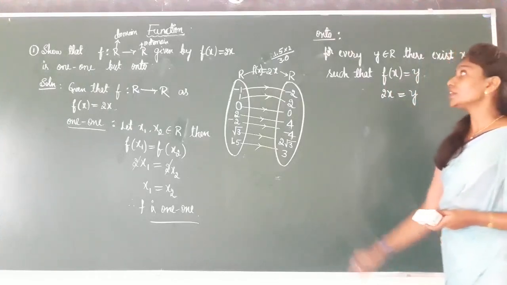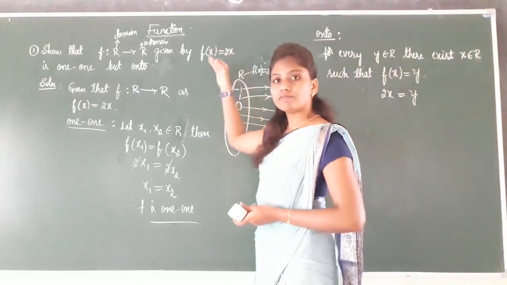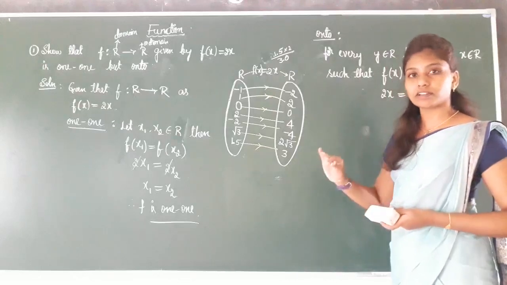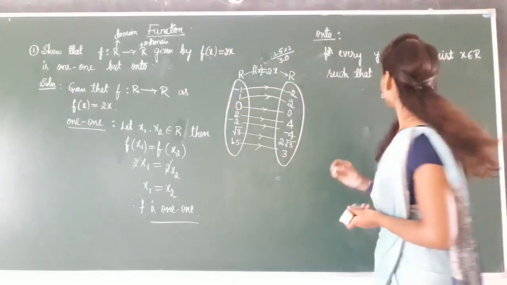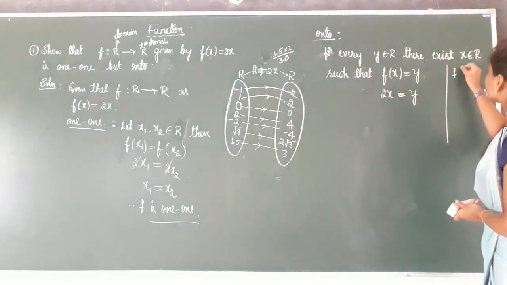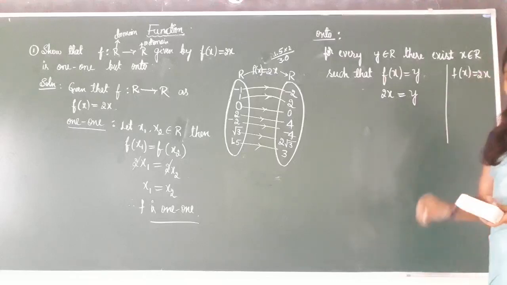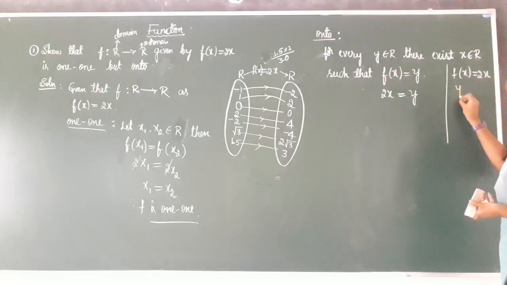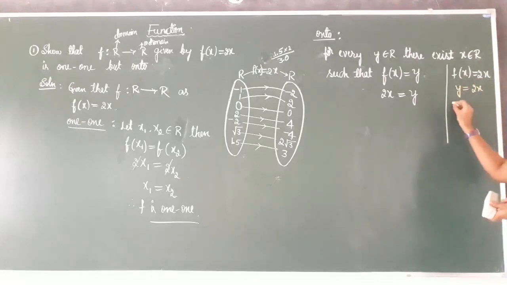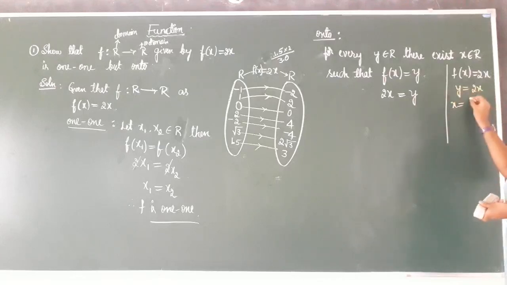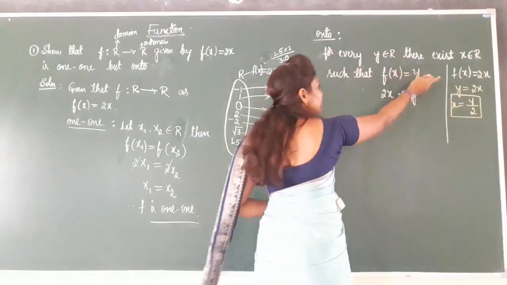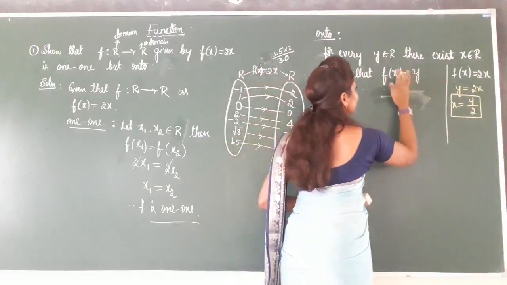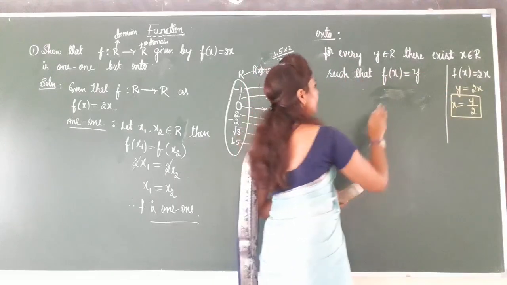Before going to prove the onto, we have to find x in terms of y. F of x is equal to